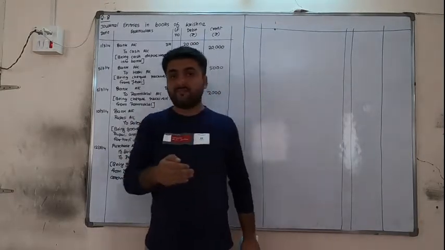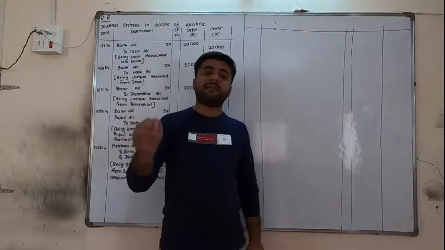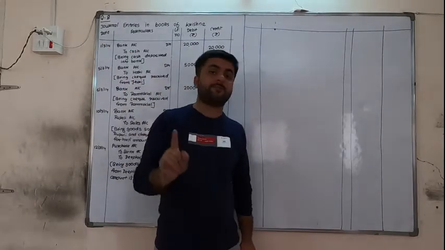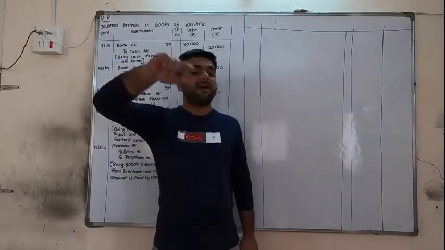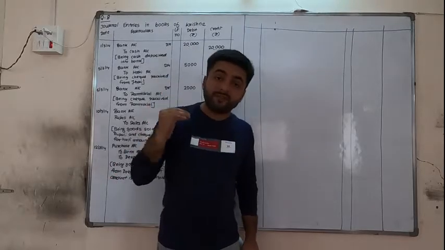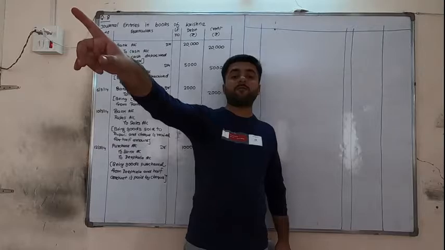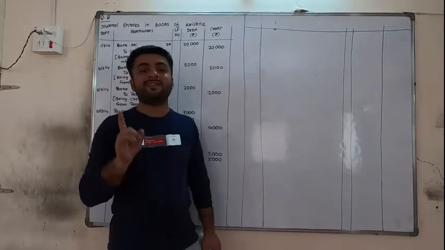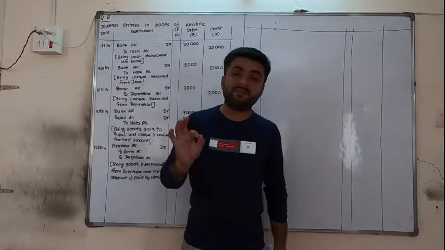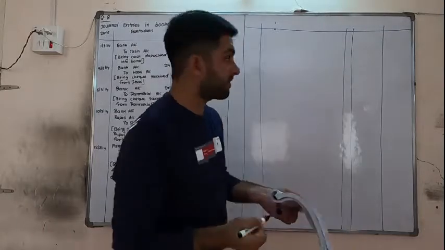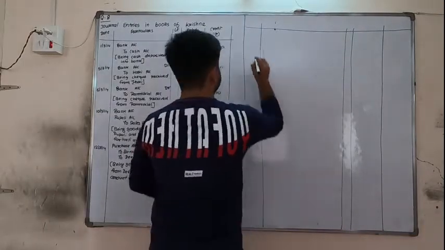As I said in theory part also, if you are directly paying office expense, then office expense debit and bank credit. If you are withdrawing only for office expense, you are just withdrawing from bank, you are not paying the office expense, so cash is to be debited. Remember this thing, friends. Yes, now I am writing